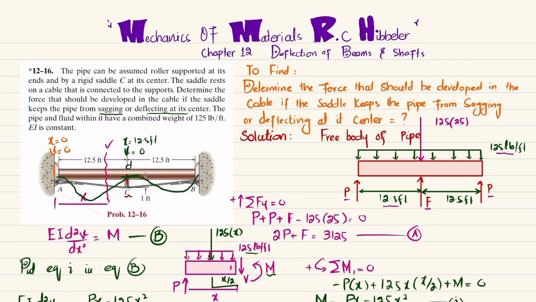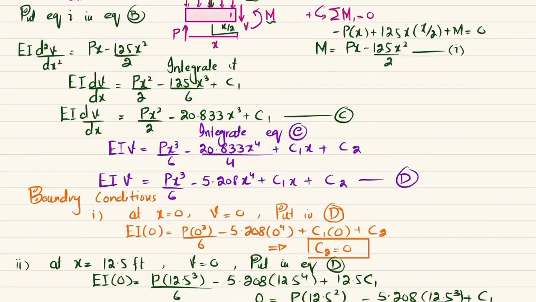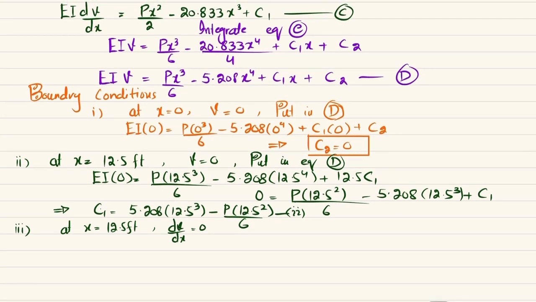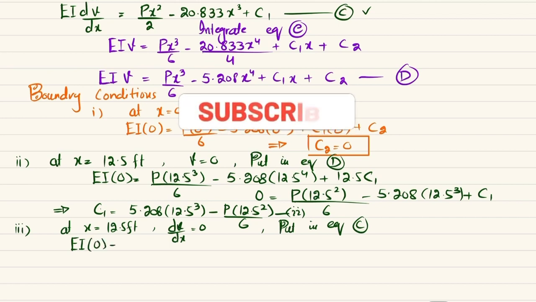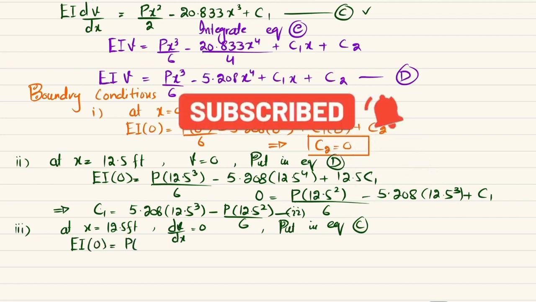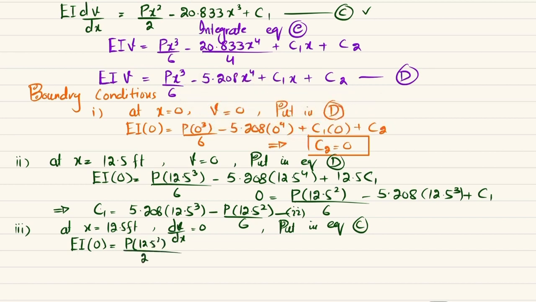So if you draw a tangent to this curve, that will define the slope, and this slope will be equal to 0. So put it in equation C, and equation C is this one. So when you put it, EI dv over dx is equal to 0, and P into x is 12.5 feet, so P into x square over 2 minus 20.833 into 12.5 cube